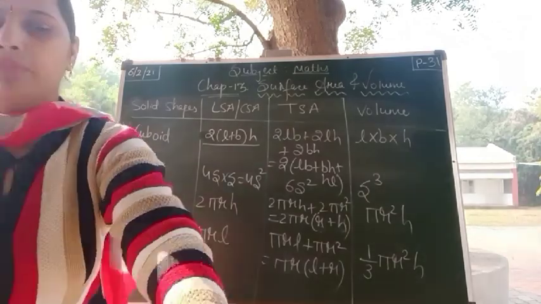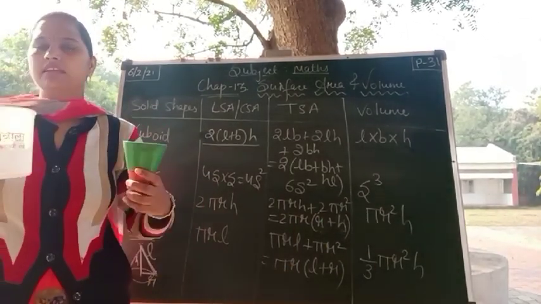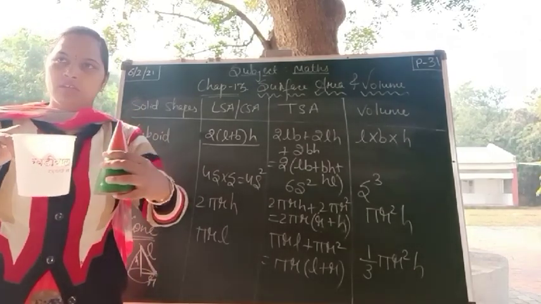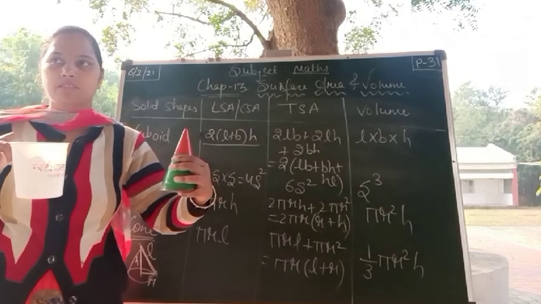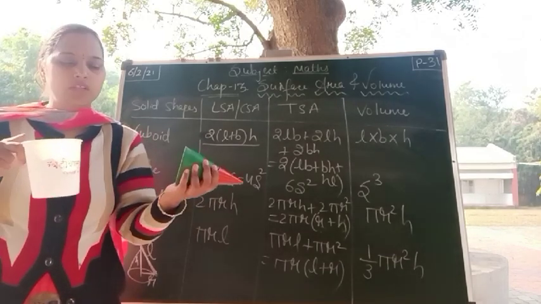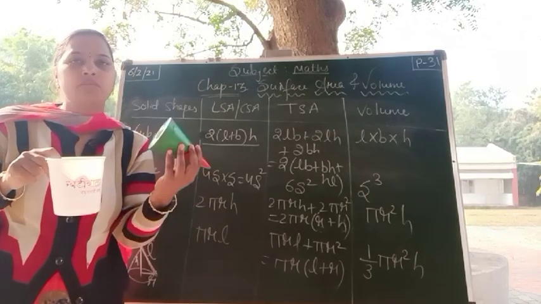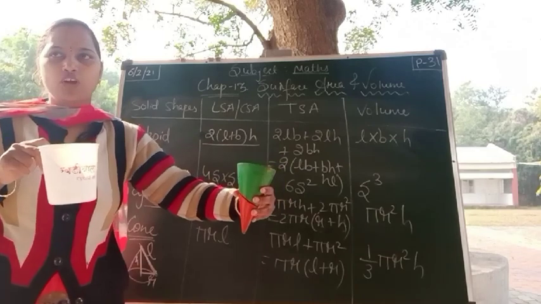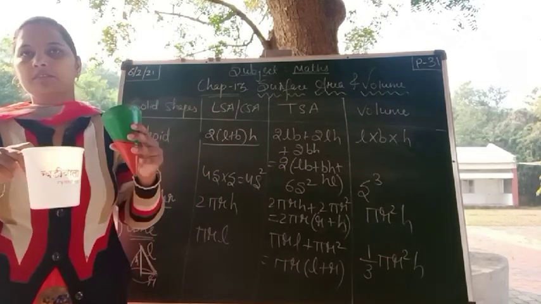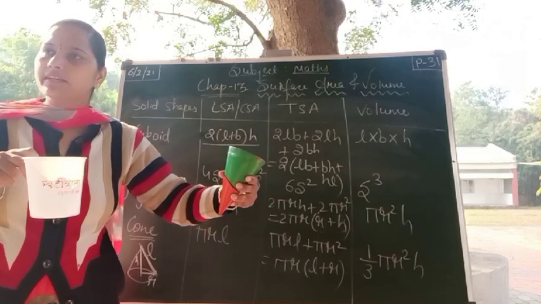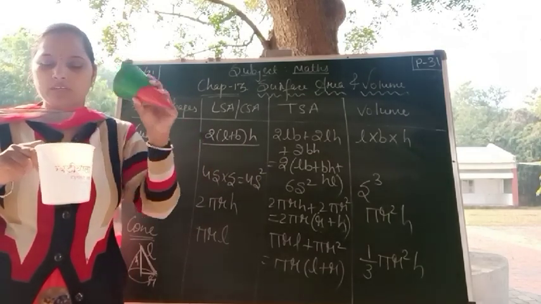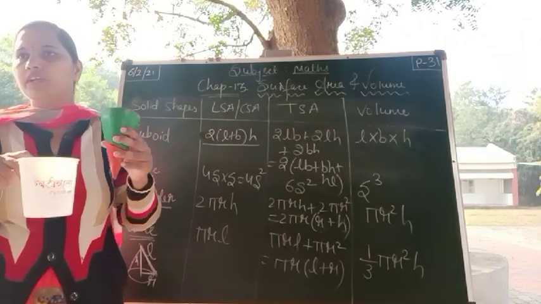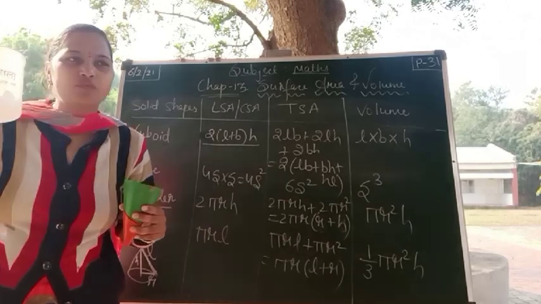How? If I have two containers, one cylinder, one cone. Now listen carefully. The cylinder and the cone should have the same heights. If I have been asked to fill the cylinder with the help of the cone, both with the same height, I'll take water in the cone and fill it. One time I pour water into the cylinder. Second time again I take the water from the cone and pour it. But it is not filled yet.